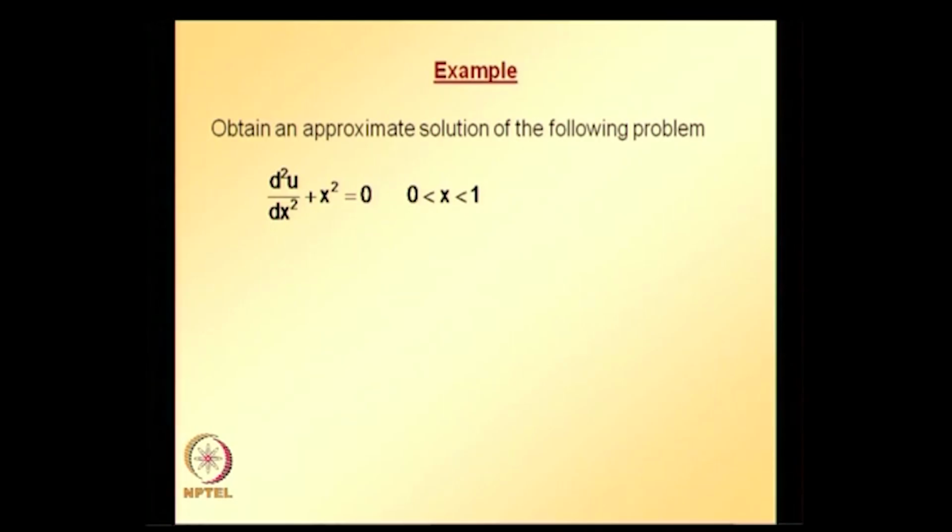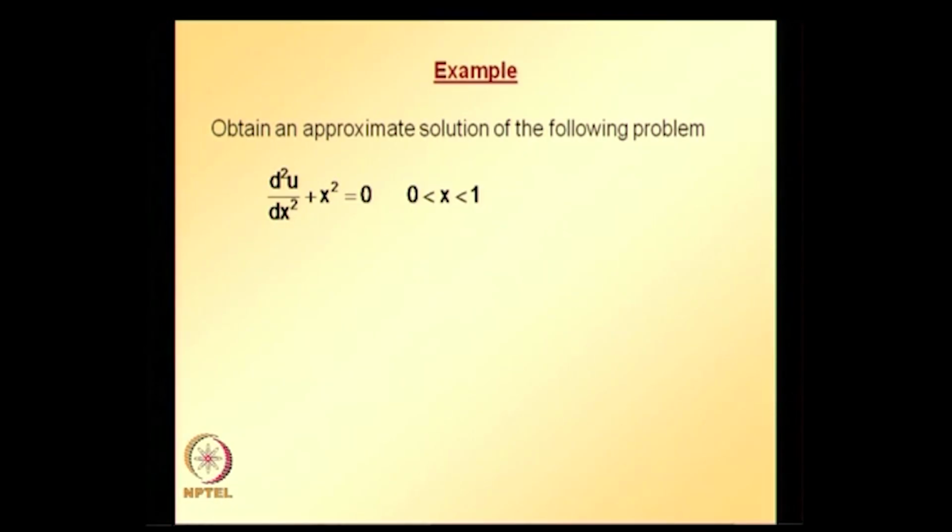Here, this example is similar to the previous example, but here we will try using quadratic, cubic and quartic trial solutions, that is 4th order polynomial trial solution. So the boundary value problem that I am choosing is this one, that is second derivative of u with respect to x plus x square is equal to 0, that condition needs to be satisfied